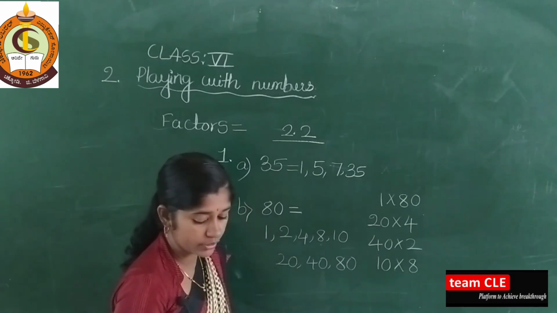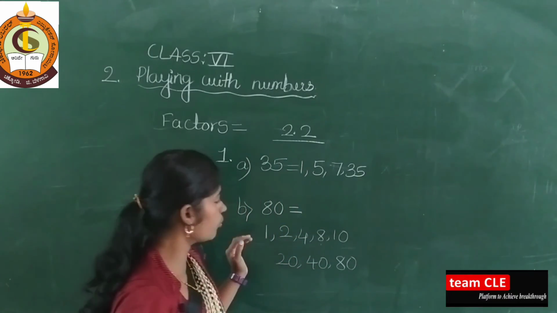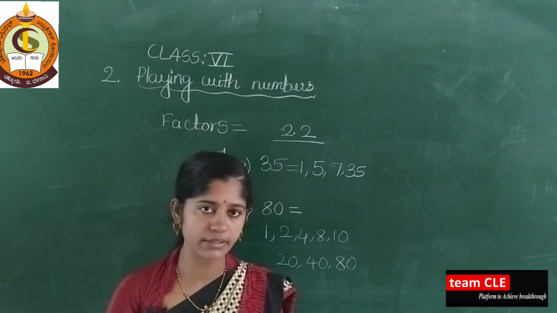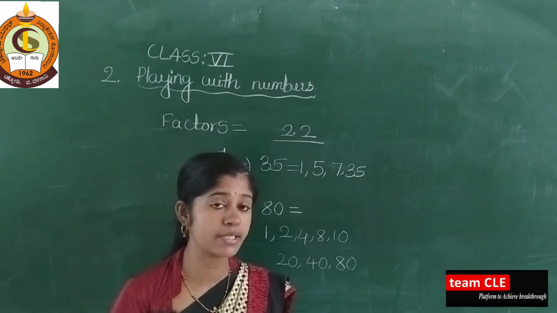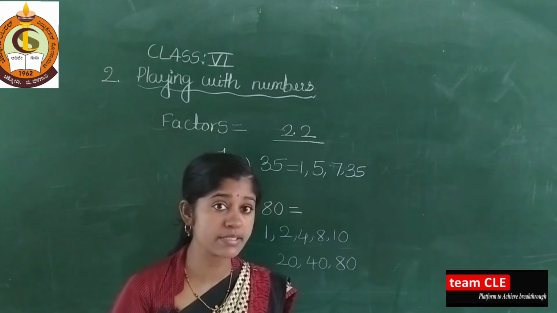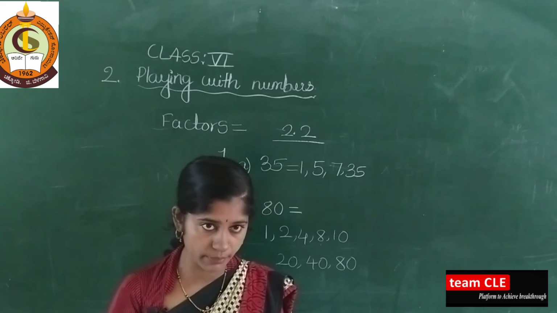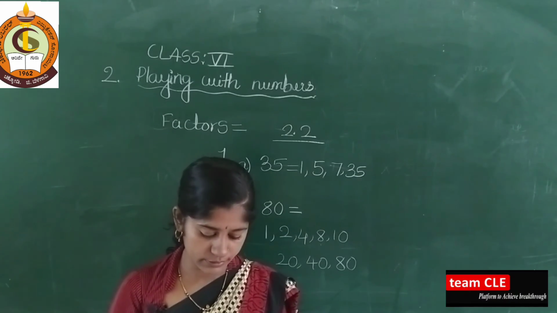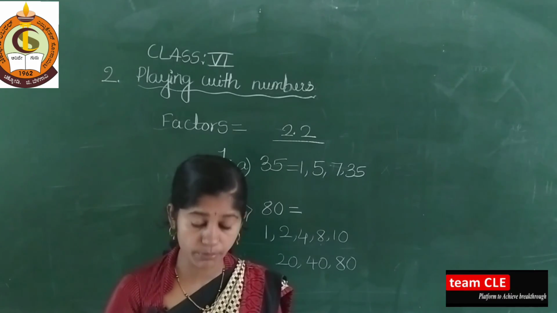So these all are the factors of the given number. Okay, I hope you understood how to find the factors. Here 7 to 8 examples are there in your textbook. So in today's class I discussed multiples and factors and their properties, and I have solved exercise 2.4 third main, and factors and its properties, and exercise 2.2 first main, and the remaining you do as homework. That all are there in page number 23.